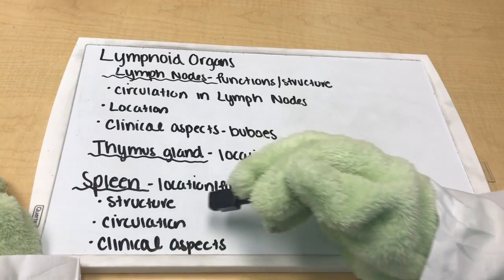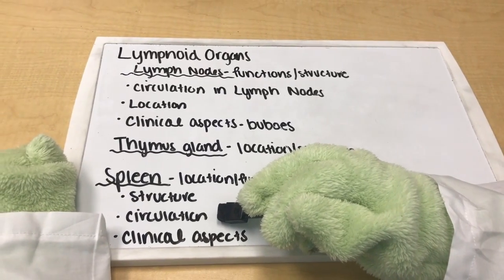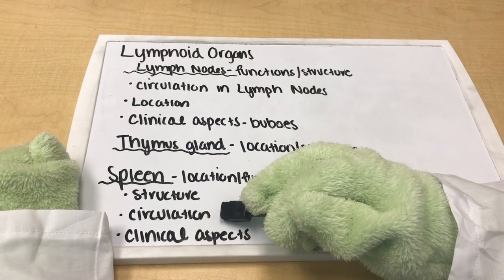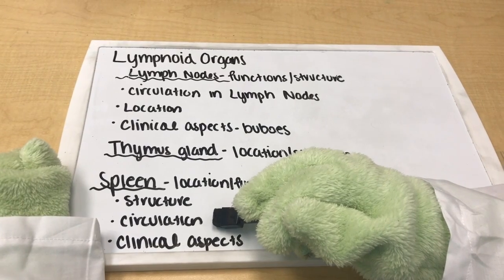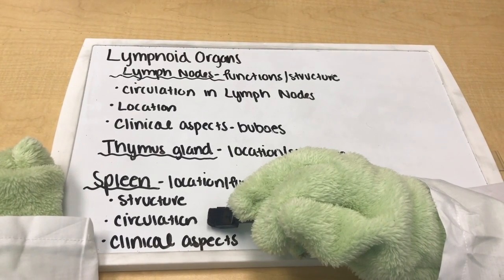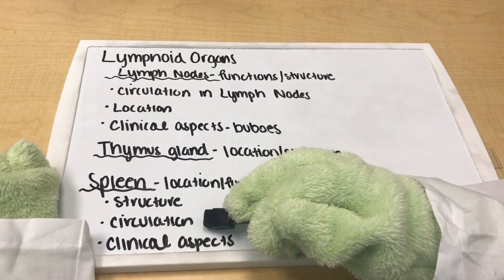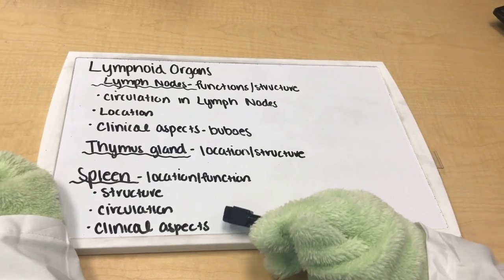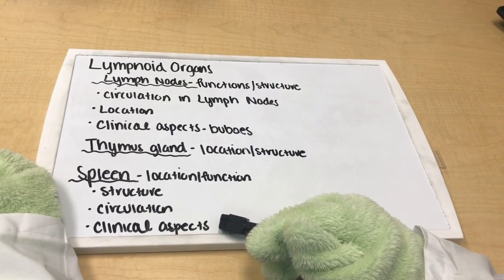Circulation within the spleen goes from the splenic artery to the trabecular arteries, to the capillaries, then to the red pulp, then to the sinusoids, the small veins, the trabecular veins, and lastly, the splenic vein. Lastly, the clinical aspects of the spleen include a splenectomy, which is when there is no need for the spleen